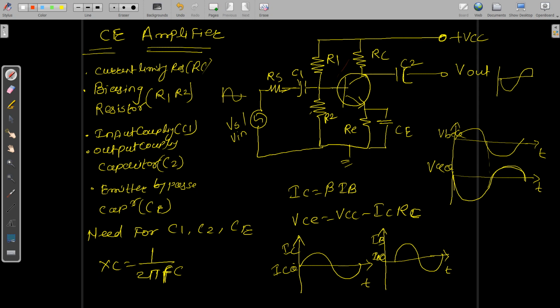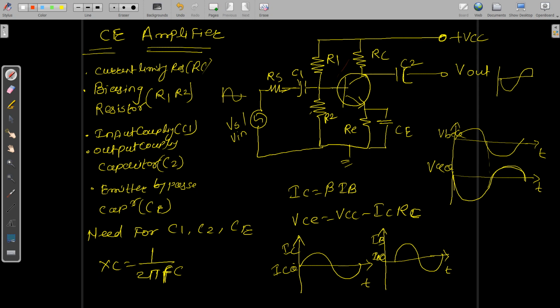Now, whenever you don't have any input signal applied, let us first see what these components are. I can say this is the input which I'm going to give to my circuit. It is an AC input from the function generator, and this is the source resistance. Then this C1 is a coupling capacitance. Then I have R1 and R2, called biasing resistors.